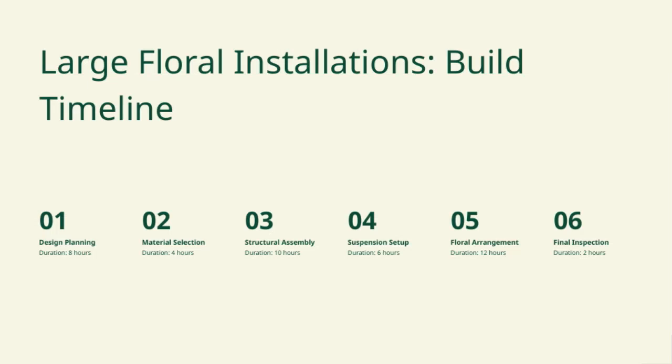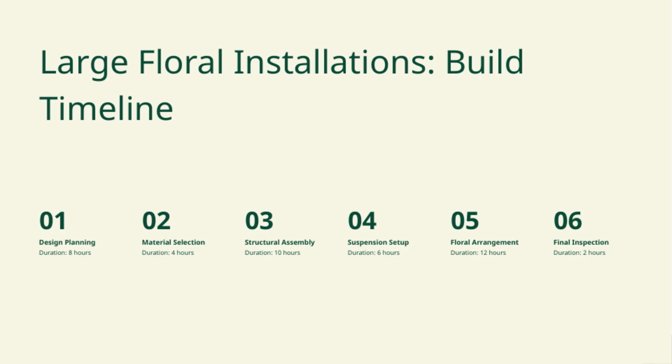All right, let's walk through the timeline for building large floral installations, starting with design planning, which takes about 8 hours. This is where we map out the concept and ensure everything aligns with our vision. Next is material selection, a crucial step that lasts around 4 hours, where we choose the right elements to bring the design to life. Then we move into structural assembly, which takes approximately 10 hours, focusing on putting together the